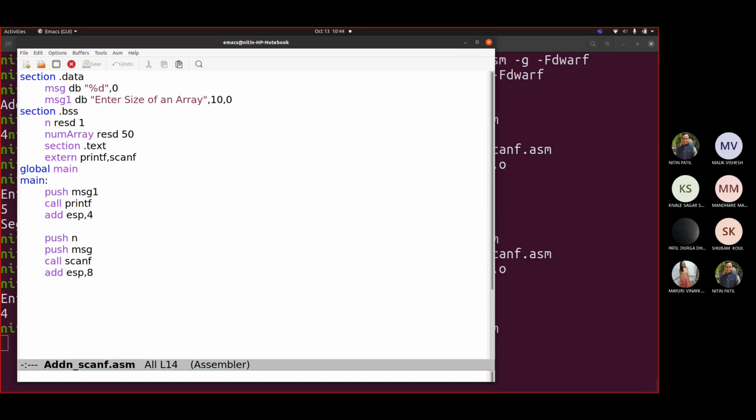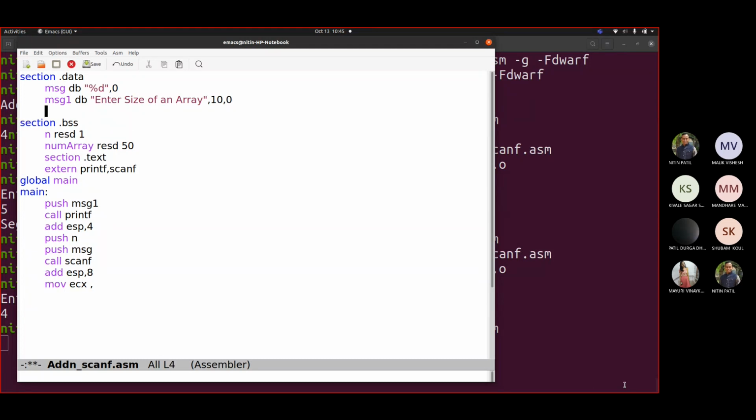Okay, this is where you are reading the data using scanf. Fine. Now we want to move that data, say in a counter, for example, ECX. Now we have to read that data. First of all, let me display to you the value inputted by you.